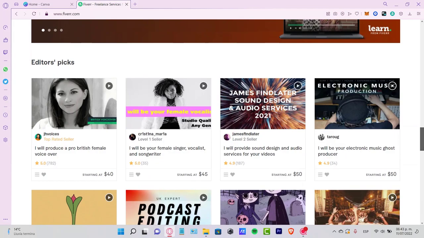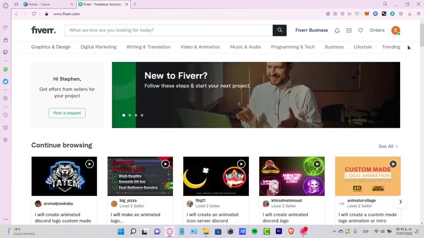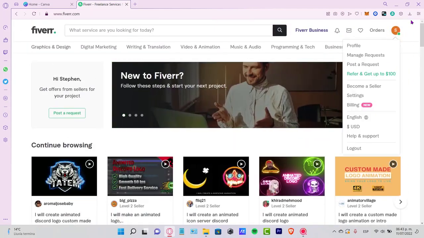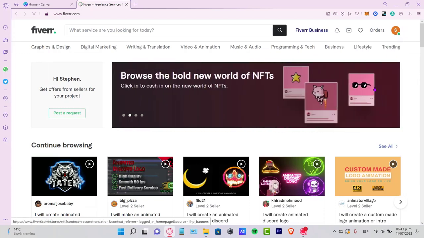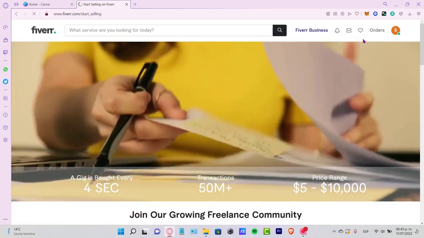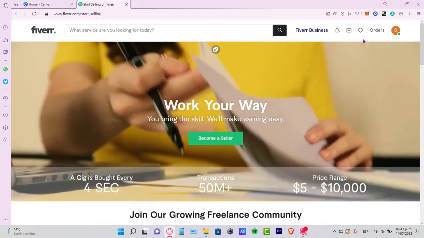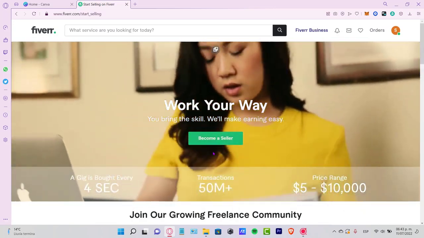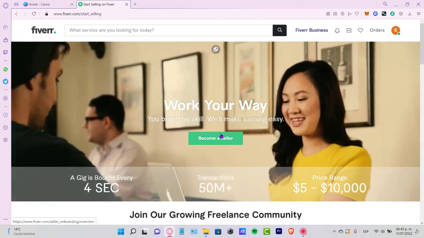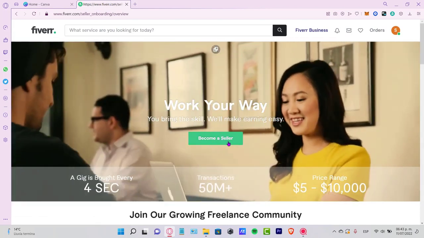So first of all, what you need to do, guys, is go into the upper section of the application and look for the section that says become a seller. Once I click in there, it's going to redirect me into the seller section, right? So now what I want to do is go into become a seller, click right on that icon there. And once you already have your Fiverr account as a seller,